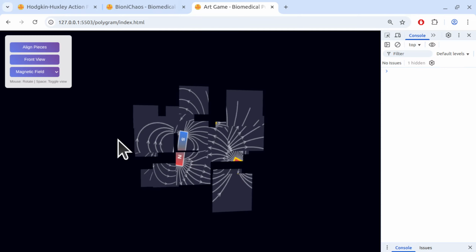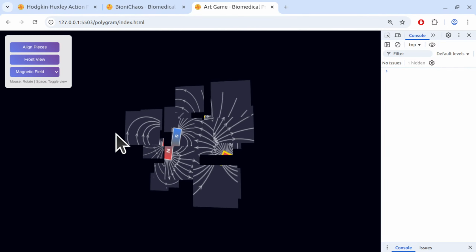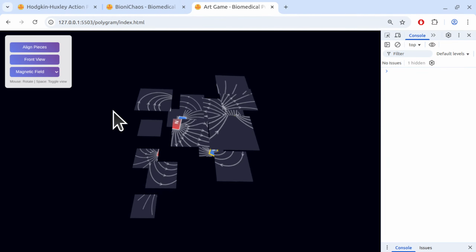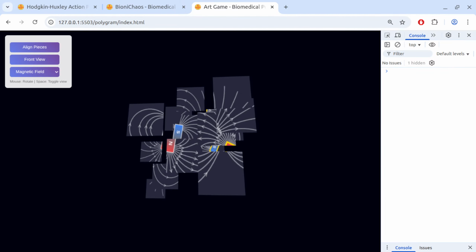Aligned positions calculation. The aligned positions array is calculated based on the image's aspect ratio and grid layout. If this calculation is incorrect or not applied properly, the pieces won't align correctly. Scattered positions. The scattered positions array is used for the scattered state. If the pieces are not transitioning correctly between aligned positions and scattered positions, alignment issues can occur. Solution. We need to ensure that the aligned positions array is calculated correctly. The pieces are explicitly reset to their aligned